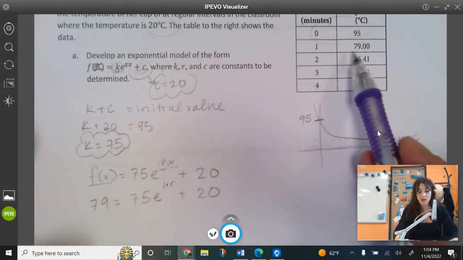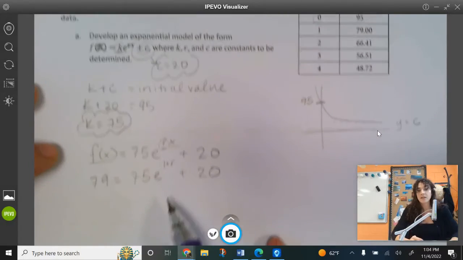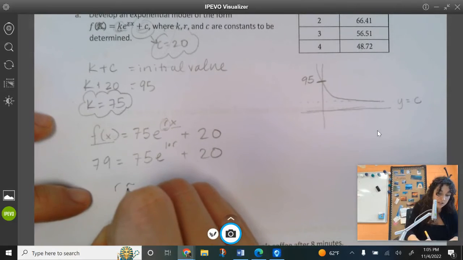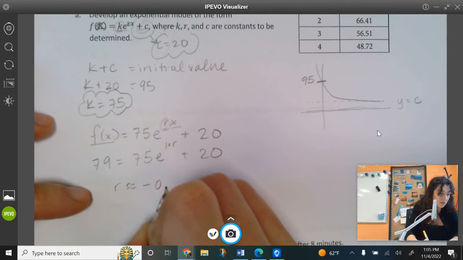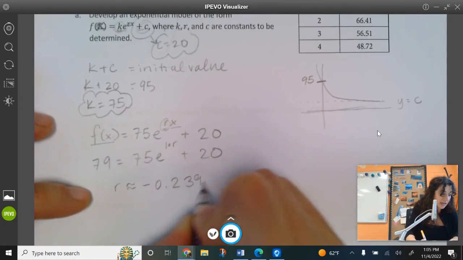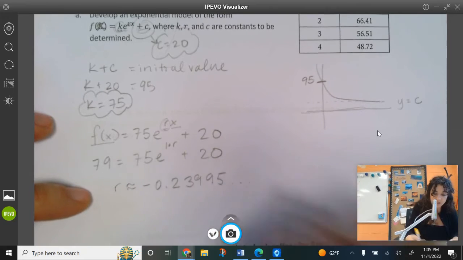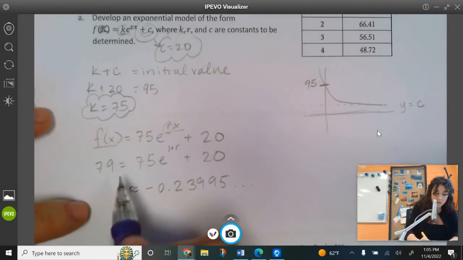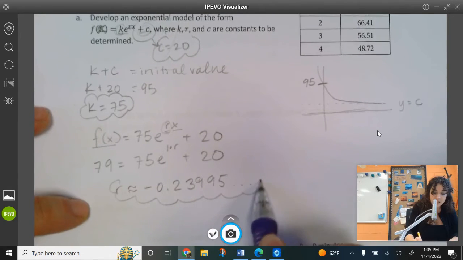And since that x and y value go together, I go ahead and do that. You can numerically solve for this, and we get that R is approximately negative 0.23995, and so on. So when it says to develop an exponential model, these are all the pieces that I need